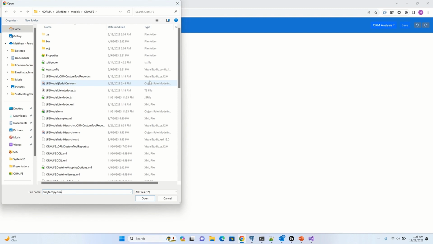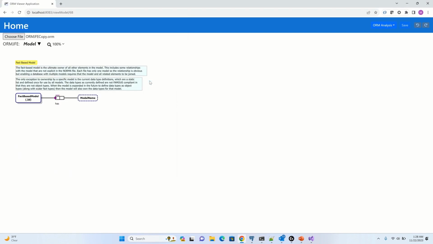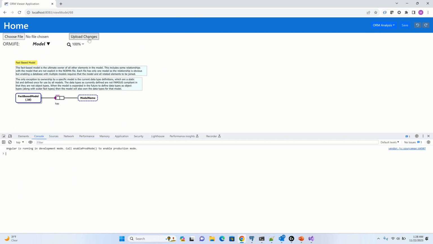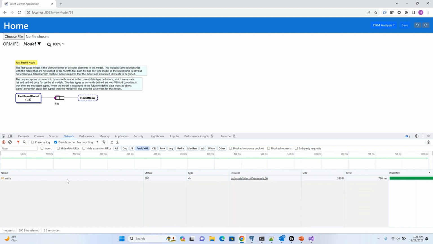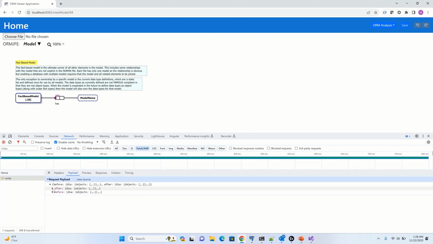Because that identifier is different, the rest are going to be just as bad, so you're really not going to get a merge. Okay, so this loads it in, does the plus, minuses, deltas, changes, finds a change, and now before uploading, I'm going to hit the network so we can actually see what got sent. So we have fetch XHR on, and let's send this change back up to the server. Upload changes, got a quick write, status 200,